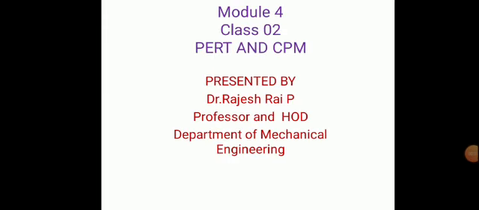Last class we studied the PERT and CPM introduction, how it was developed, and the history of PERT and CPM. We also covered the different phases in PERT and CPM, like planning, scheduling, controlling, and some of the terminologies: network, activities, predecessor, successor, concurrent and dummy activities, events, merge events, burst events, merge and burst events, and the common errors committed in network construction. All those things we studied.